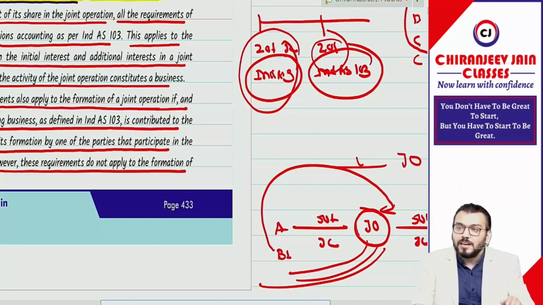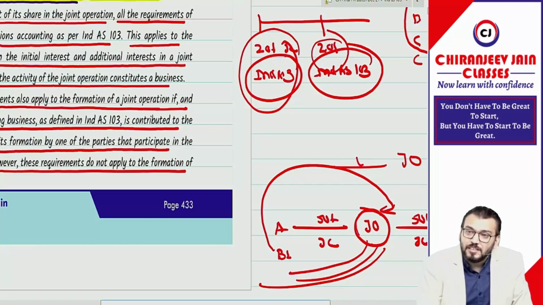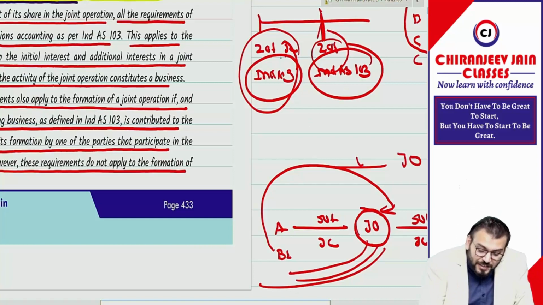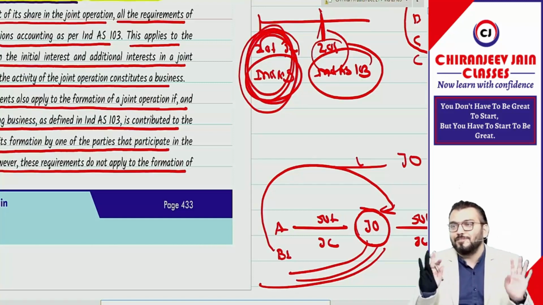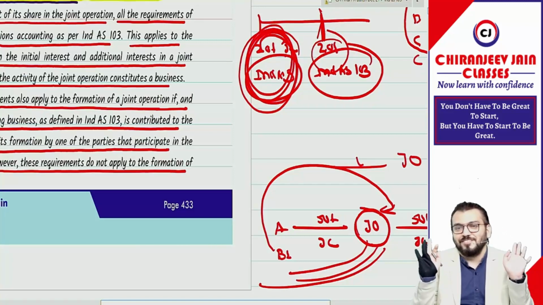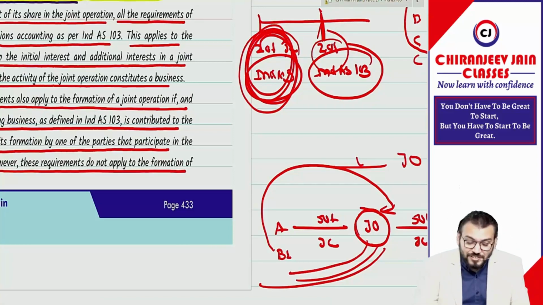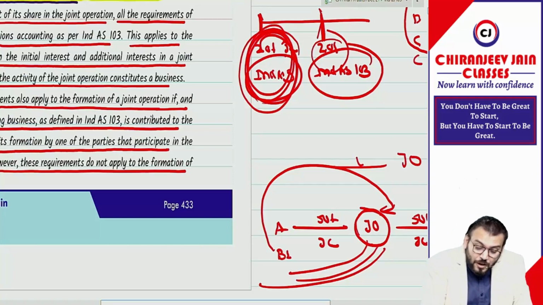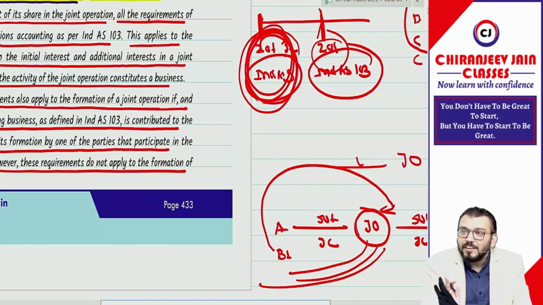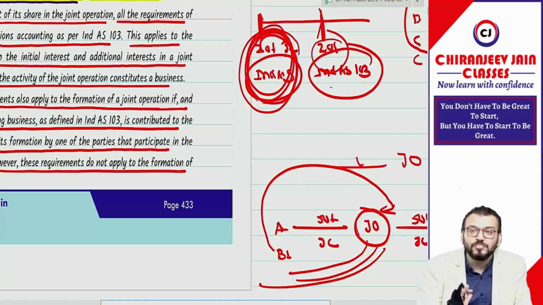Now here a doubt will come. Previously 20%, now again 20% acquired. So we have understood Ind AS 103 will be applicable in both situations. But the question is: when you acquire additional interest, will the previously held equity interest be remeasured? Tell me, no. No, because can you say on this date you have calculated goodwill on the basis of this date? Now you can't remeasure. These are both separate acquisitions.